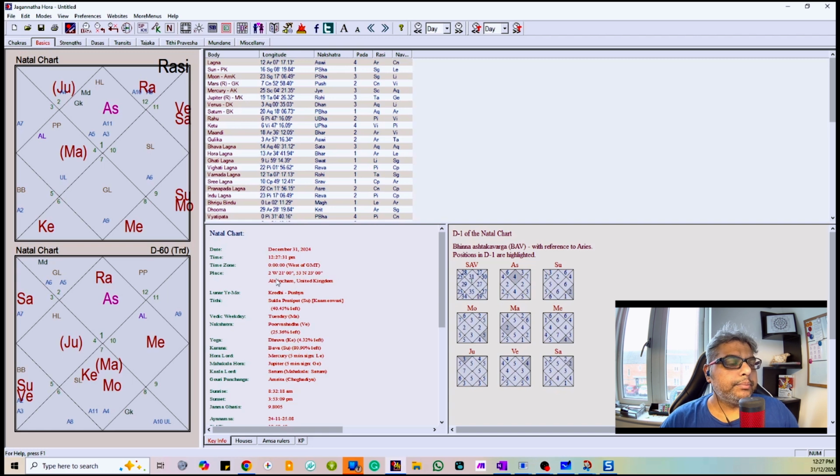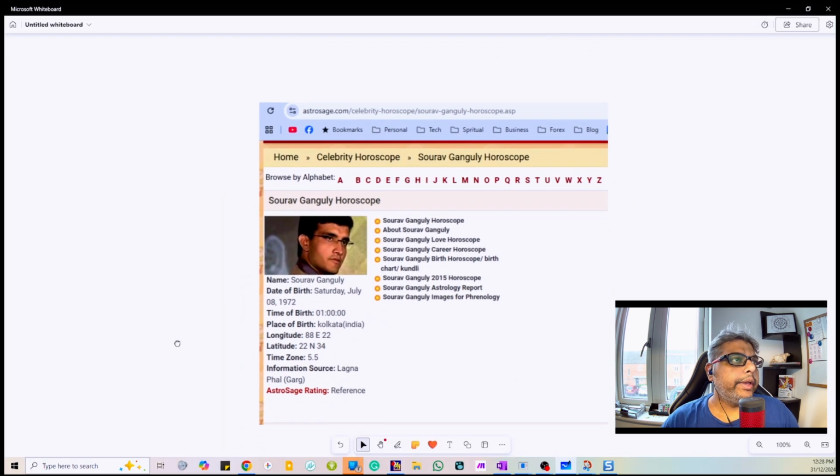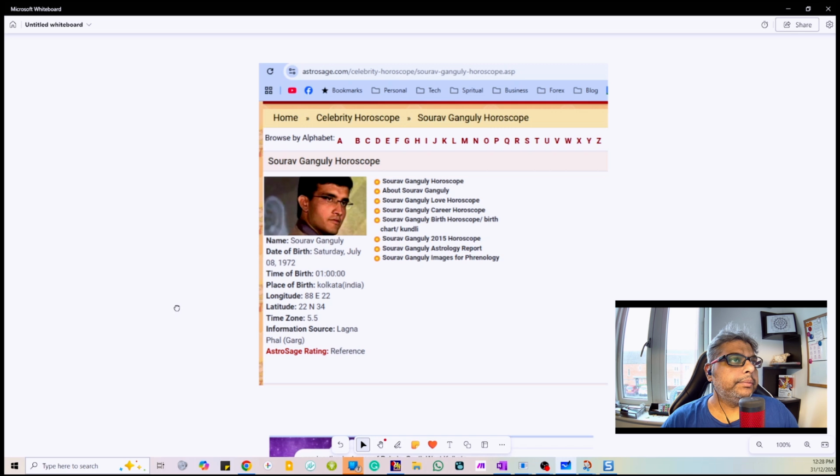So for today's example, we will take the birth chart of Sourav Ganguly. If you don't know him, he is a famous cricketer. He played for India and he also was the captain for the national team of India. Here I already have sorted out something for you. So here we can see